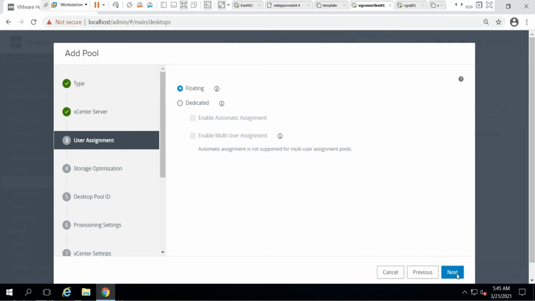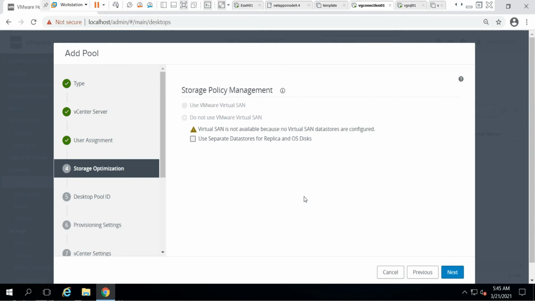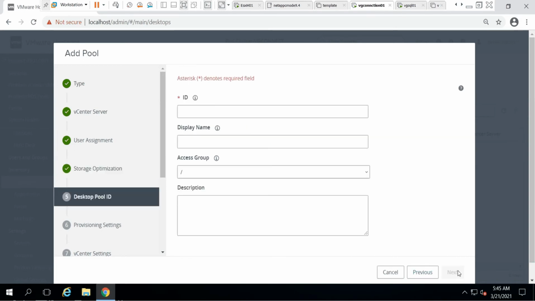Click next, and we don't have vSAN storage or anything, so there's nothing to do with this. Click next. Then we need to give the ID for the pool, so we'll give some name. I will mention Windows 10 VDI 1, something like that.